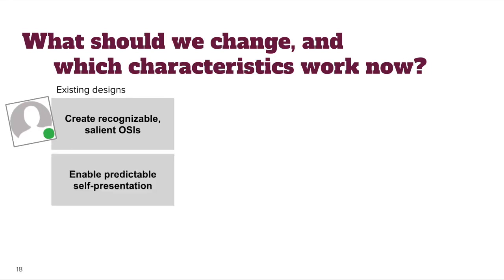Users should be able to easily anticipate how their OSI will reflect their behavior. This may seem at odds with OSIs that offer plausible deniability, because it's easiest to anticipate how your OSI will appear if it correlates exactly with your behavior. But we hope that designers can consider ways to achieve both goals. For example, this could be achieved by showing users their own OSI, like showing me what my OSI looks like at any given time, or by having less consistent or longer time to offline, along with OSIs that are more vague in terms of what they convey, such as "has been online within 72 hours" that is used in Coffee